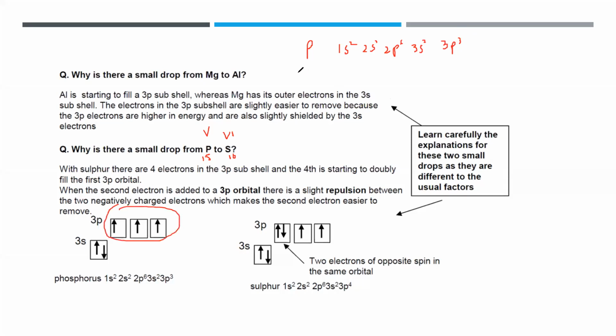Whereas when you write the electronic configuration for sulfur, it's 1s2, 2s2, 2p6, 3s2, 3p4. So you can see here there will be a pair of electrons in the 3p, and that will have more repulsion, so it will be easy to remove an electron from sulfur as compared to that of